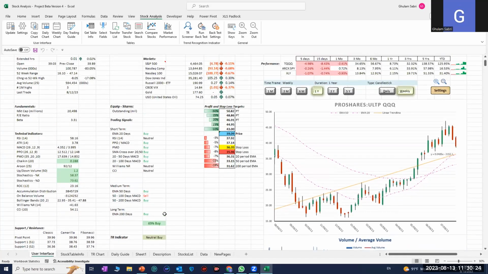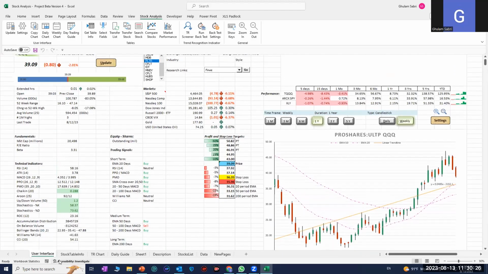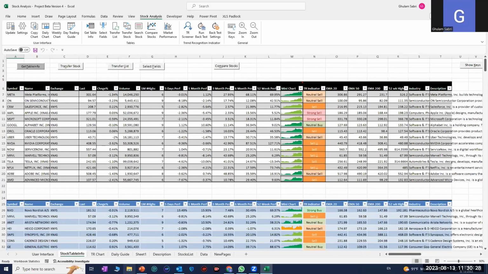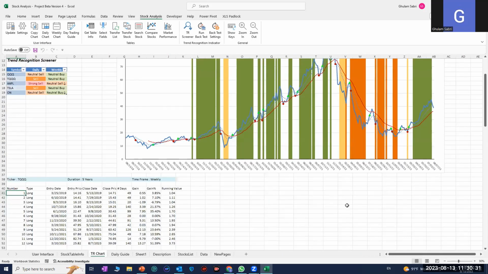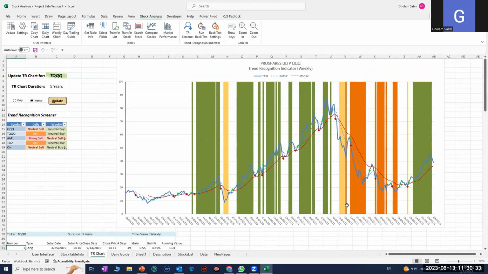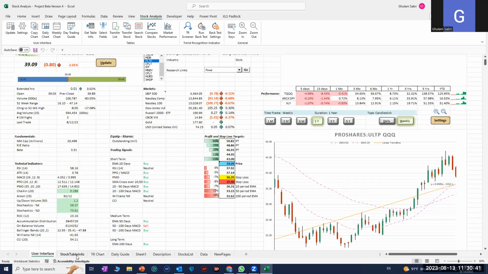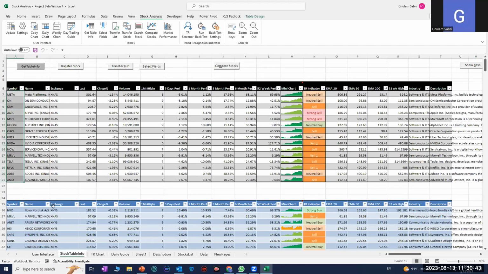It gives you details on the individual stocks. It lets you compare among the table of stocks. It gives you a proprietary trend recognition indicator. The backtest results are there, and then it's a screen. This is a screen. So for example, if you have a list of stocks which you are monitoring, you can bring all those stocks here